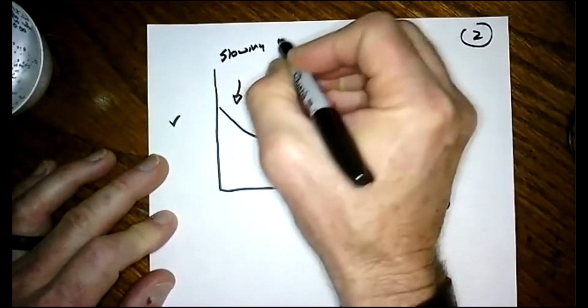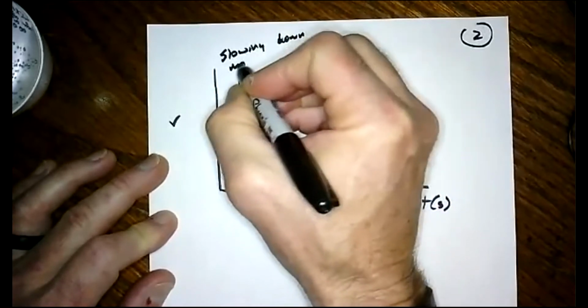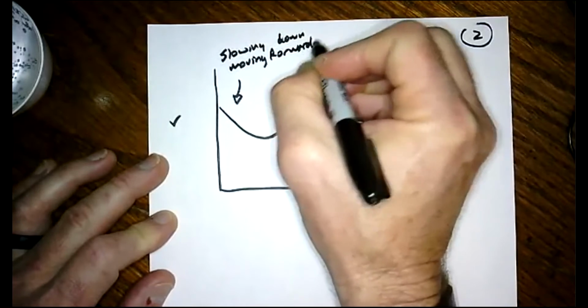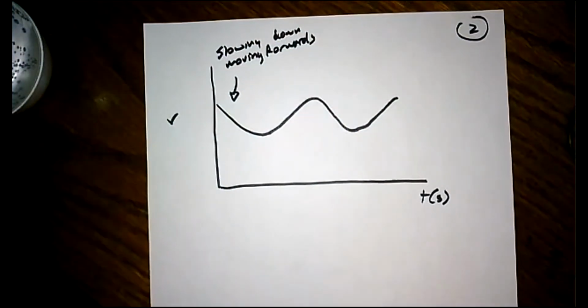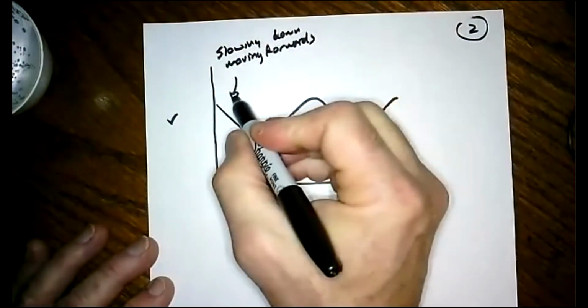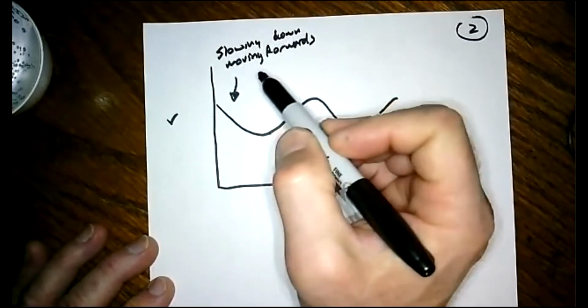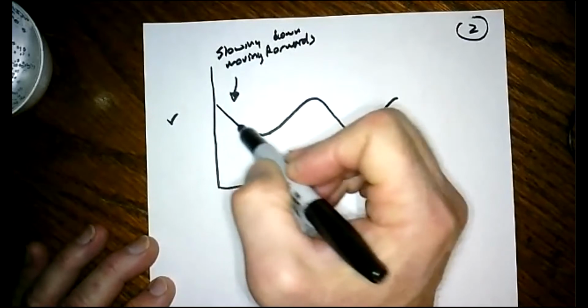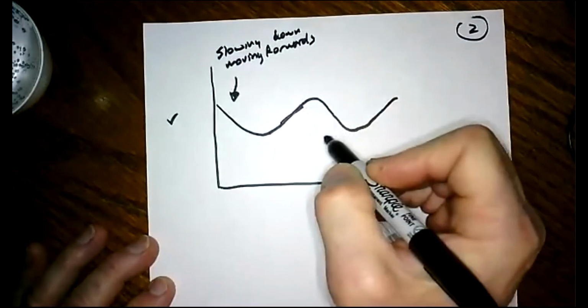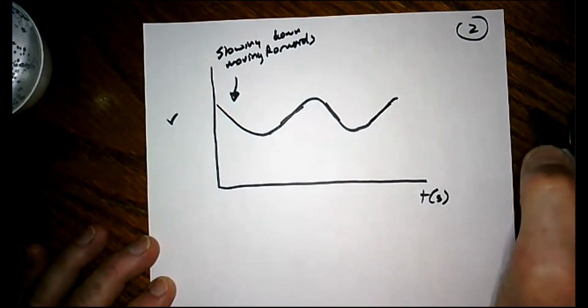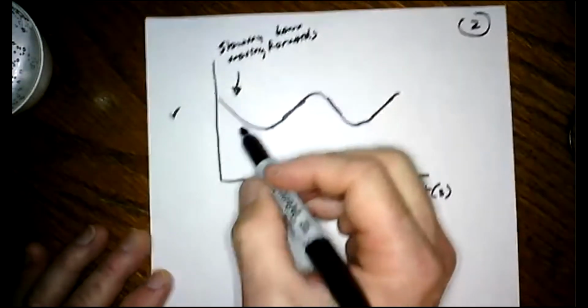while moving forwards. Now, for those of you who've taken a biomechanics class with me before, you know when I ask what's happening kinematically, I always look for two pieces of information: what's happening to velocity and what direction is movement. In this case, this is slowing down, moving forward. This is speeding up, moving forward. This is slowing down, moving forward, speeding up, moving forward. And we would know,